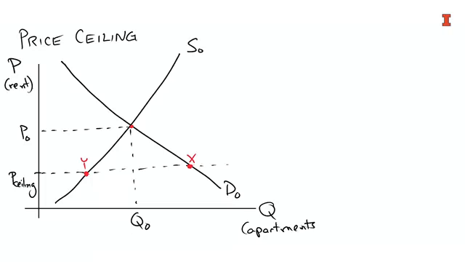In this case, it's not allowed for that to happen, so you see that there's not going to be very many units put on the market. At this amount, the landlords could actually, if they could get away with it, charge a really high price. Enough people are willing to pay this amount, but they can't, because they can't get any price higher than the price ceiling.